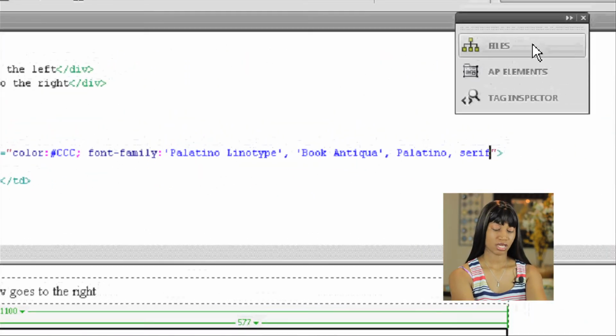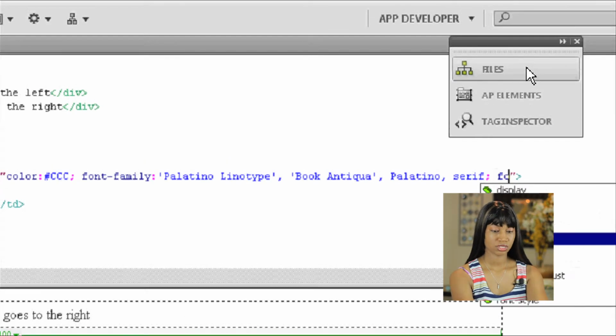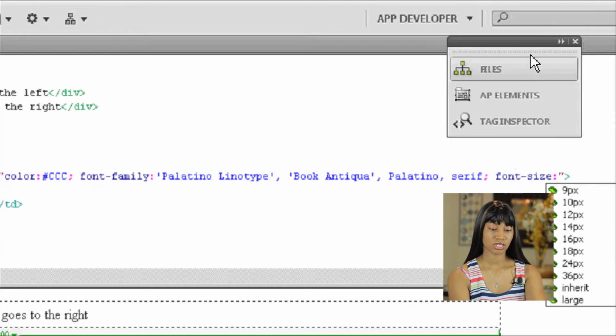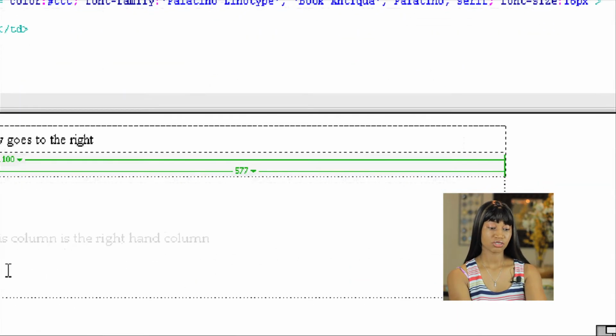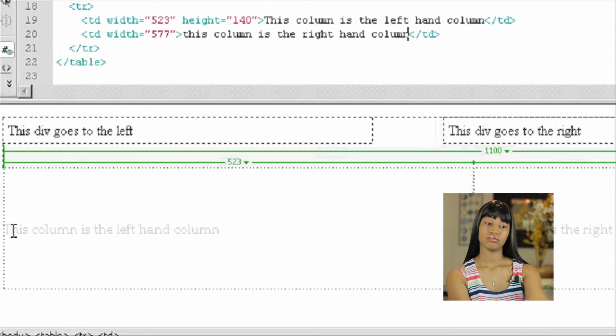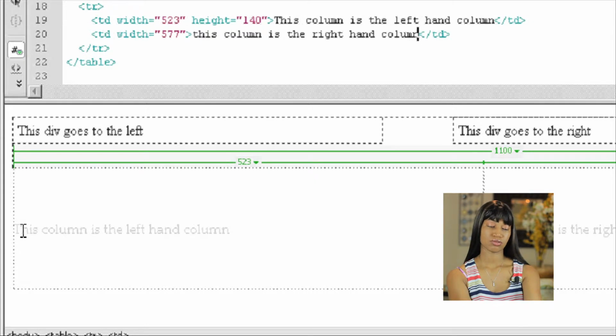And then you can also set the font size, just like we've done previously. It's just so that you can get real world experience on how this works. So as you can see right here, your column turned gray because that's the color we chose, pound CCC. All colors are in hexadecimal